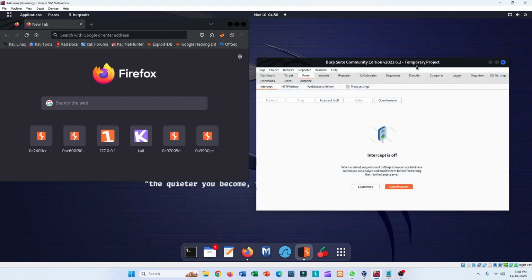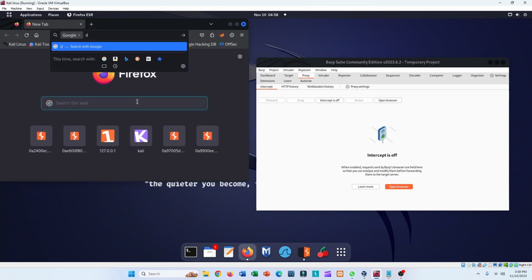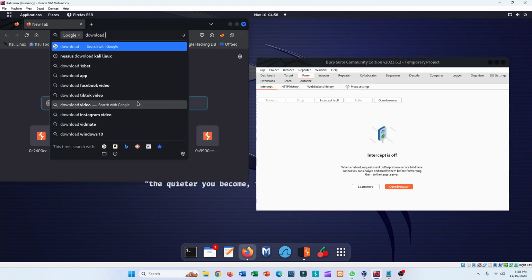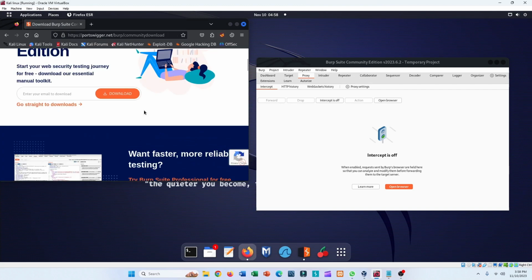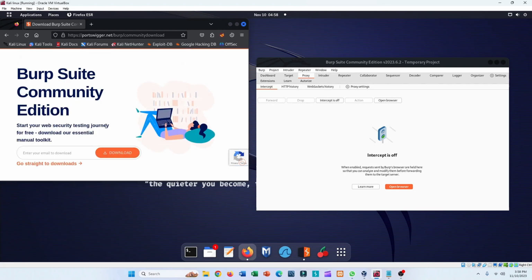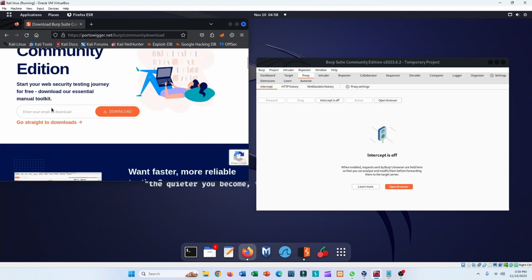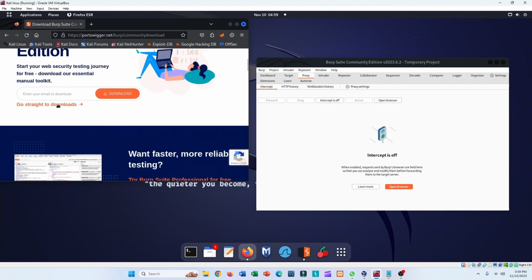So I'm not showing you how to download Burp Suite because it's very easy. You just need to search download Burp Suite. You will also find lots of tutorials for free, so that's why I'm not wasting anyone's time by showing how to download Burp Suite. We'll work with the Community Edition, so go straight to